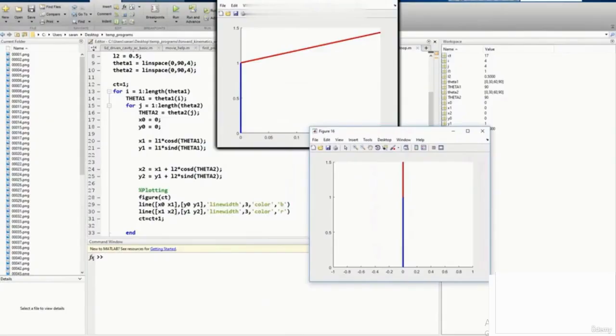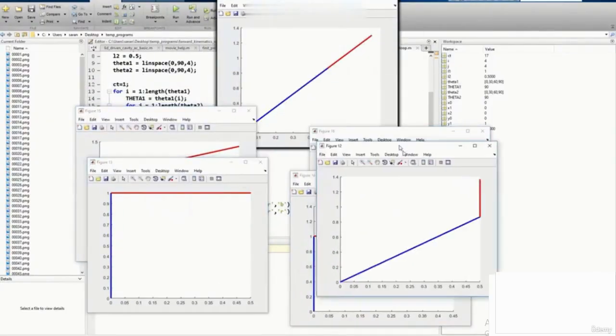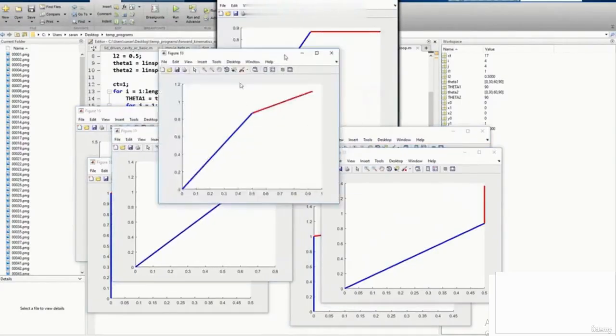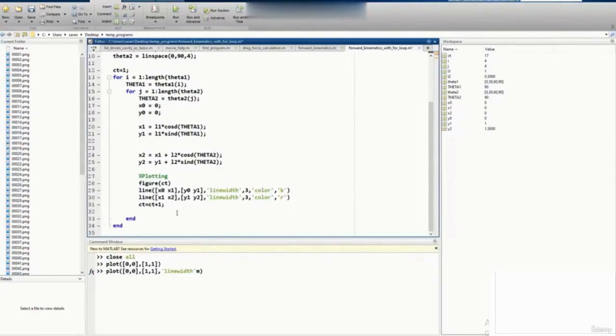Each plot basically represents a particular combination of theta 1 and theta 2, right? So it represents how the robot occupies different positions. Now clearly this is not a very good way to represent the plot. So what do we do next? Okay, so the first thing I'm going to do is convert this line command to a plot command. And if I execute the program now,